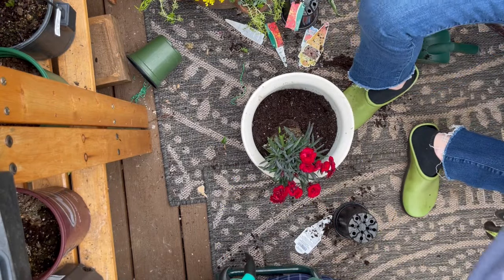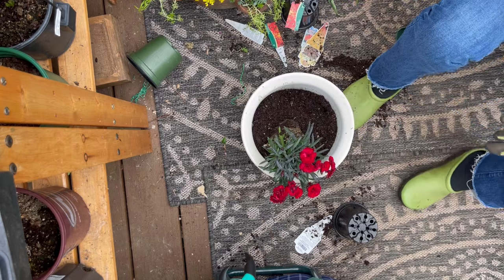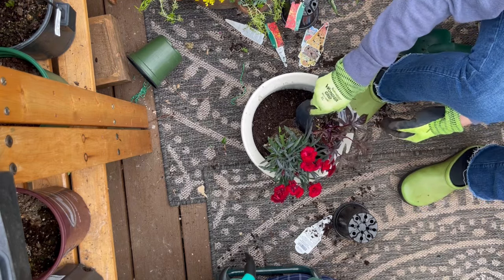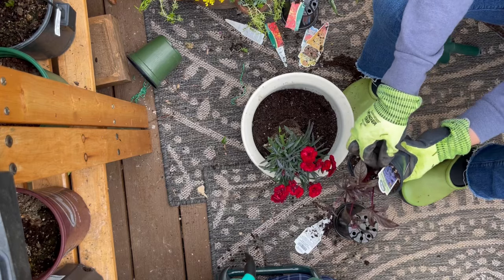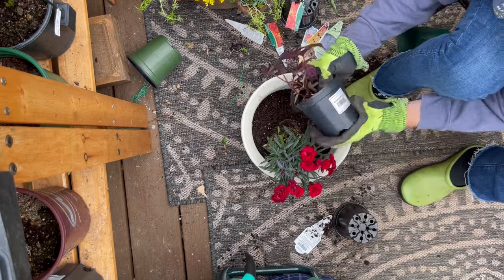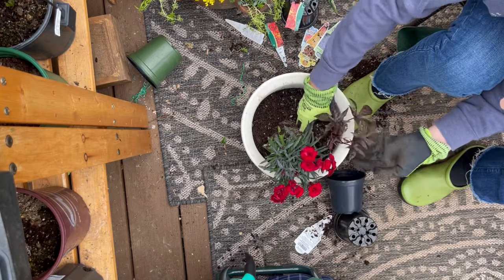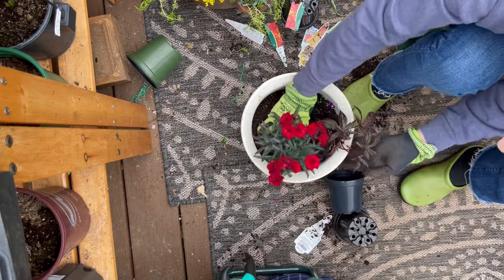I have these red salvia. It's kind of a different red. I don't know about that. I do like this. I have this sweet potato vine, black lace leaf. It's basically a kind of sweet potato vine. I think I'm going to use that kind of as a spiller. So